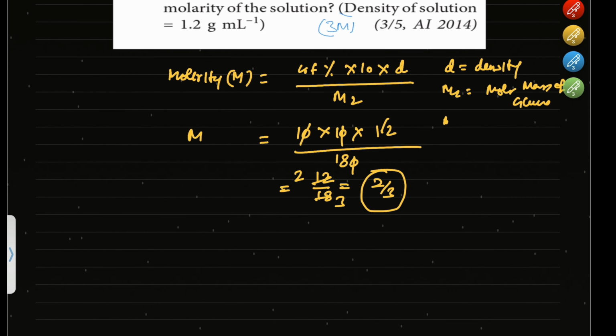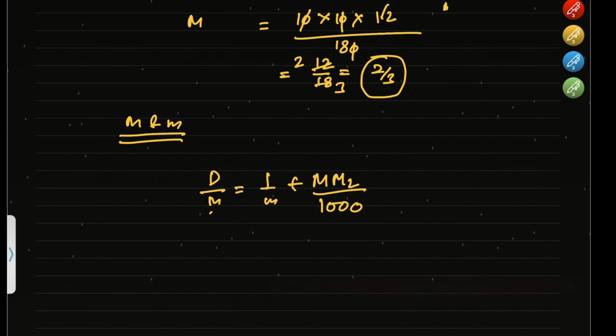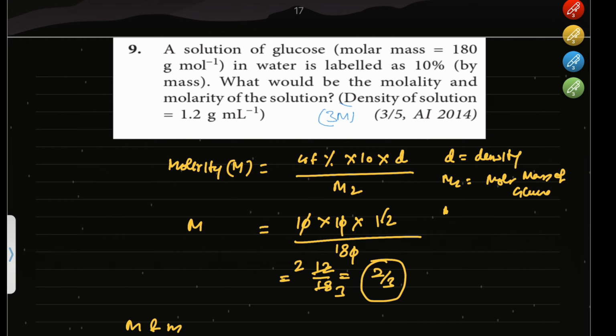मोलैरिटी 2/3 इज मोलैरिटी। अब मोलैरिटी एंड मोलालिटी रिलेशन लगा के हम इससे मोलैलिटी फाइंड आउट कर सकते हैं। वो क्या है, डेंसिटी अपॉन मोलैरिटी इज इक्वल टू 1 अपॉन मोलैलिटी प्लस मोलैरिटी इंटू मोलर मास अपॉन 1000। अब यहाँ पर हम मोलैरिटी की जगह वैल्यू रख देंगे, डेंसिटी भी दी हुई है, मोलैलिटी हमें मिल जाएगी। ओके, इस तरीके से हम उसको फाइंड आउट कर सकते हैं।